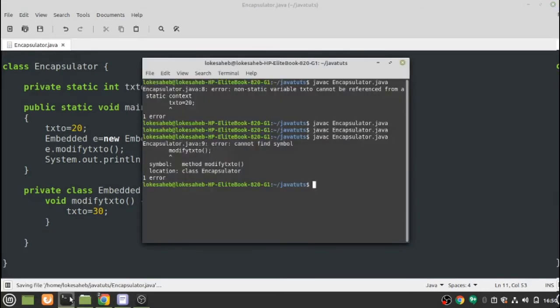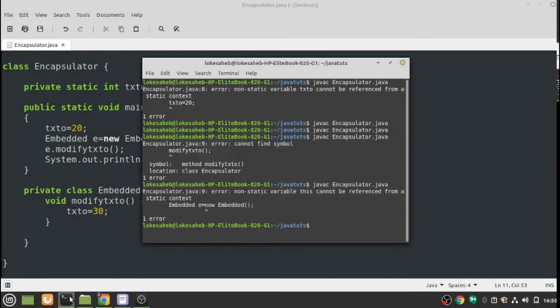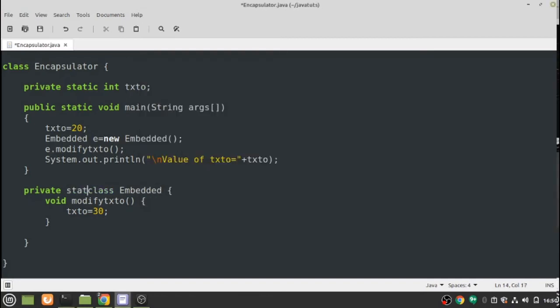Let's see here. So here it is showing me that this class also has to be static. So this is another, you can say, problematic thing here, because it wants me to make this class static as well. So if I write static here,